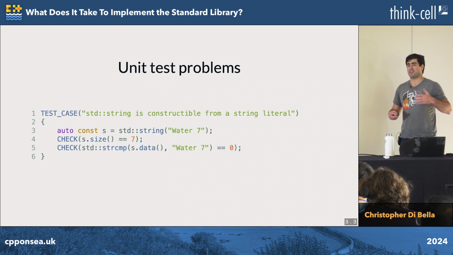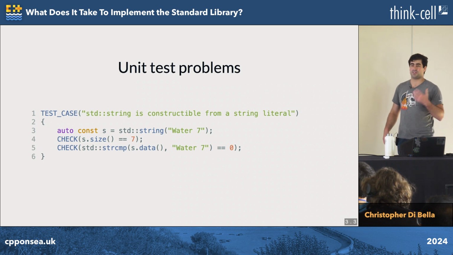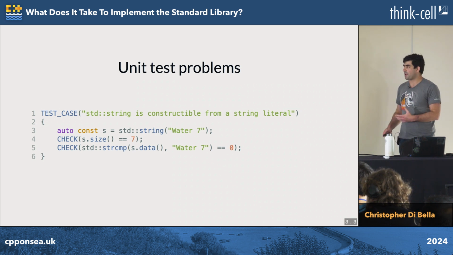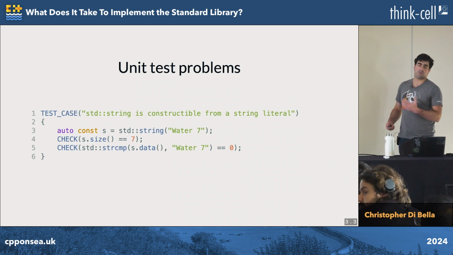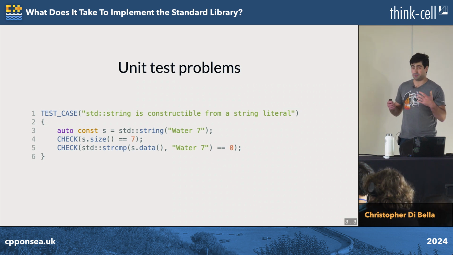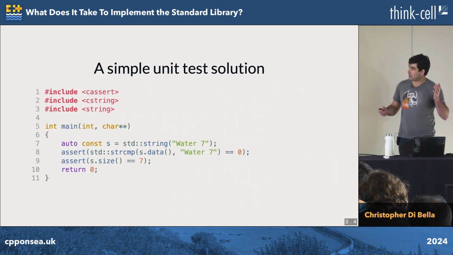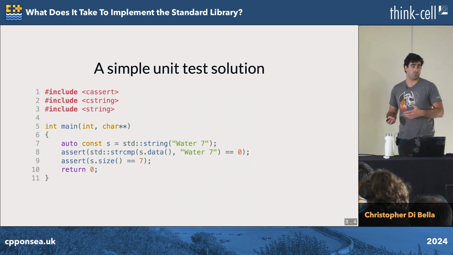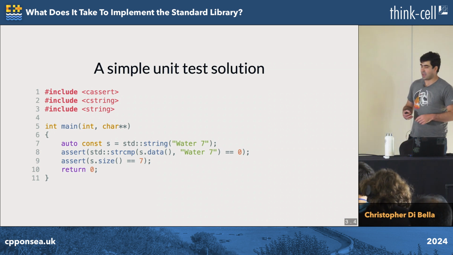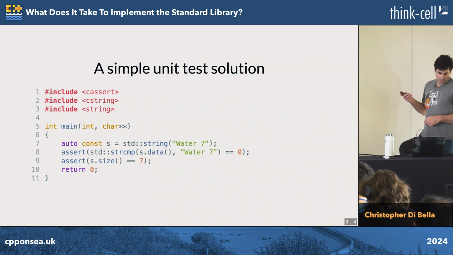You can't really have confidence that your tests are correct when your tests depend on the thing that you are testing. And so even if everything was working okay, the very fact that Catch2 depends on the standard library erodes my confidence in being able to trust that the unit tests are going to be correct. And so there are 2 solutions to this. The first of which is that you can implement assert, check that assert is working through just a very simple test, and then go on your merry way. Or you can go and roll your own